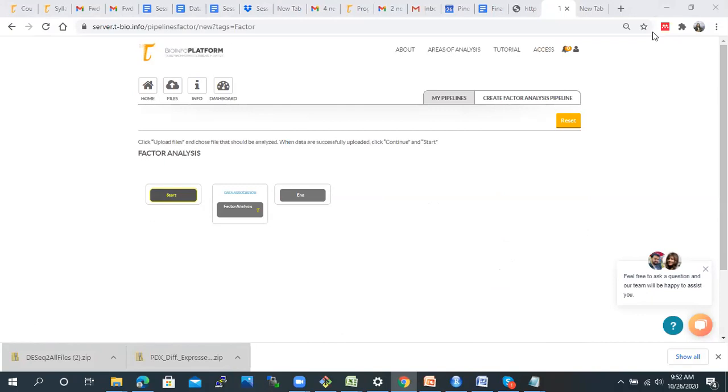So apart from Samyukta, who is able to download the file as well as able to find this option, factor analysis? Shreyesh, that's great.